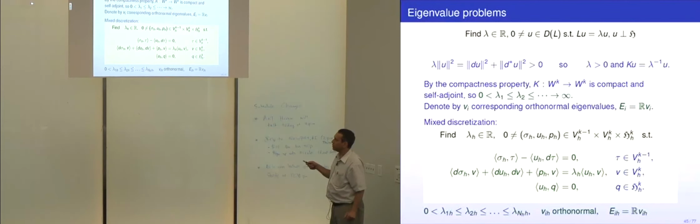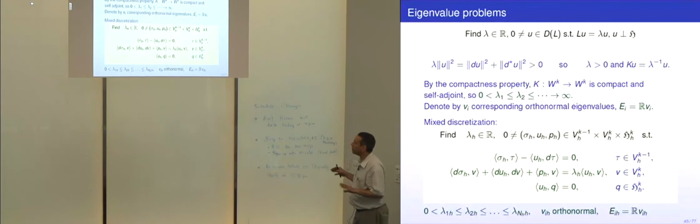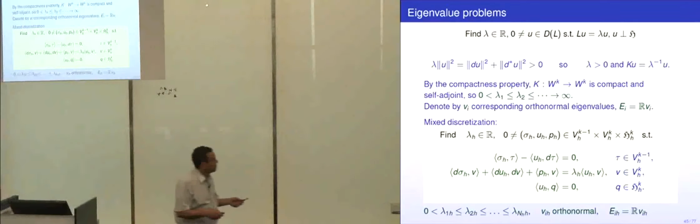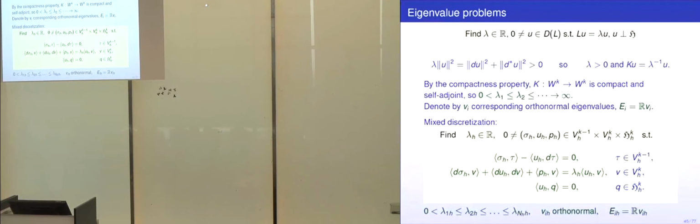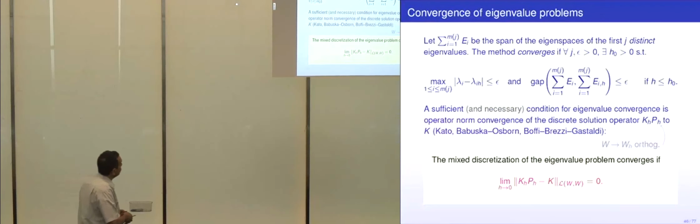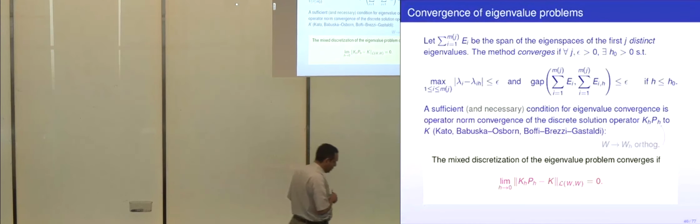And do these things, are these close to the correct eigenvalues? And then this has an orthonormal basis, and are these close to the correct eigenvectors, taking into account this fact that they're not quite unique. You have to normalize in some way. Okay, and the way to study such problems is pretty well understood now. We're in the nice case, if we think of it in this primal way, the nice case of a self-adjoint compact operator. So this is how you define convergence. You have to be careful when you define convergence.